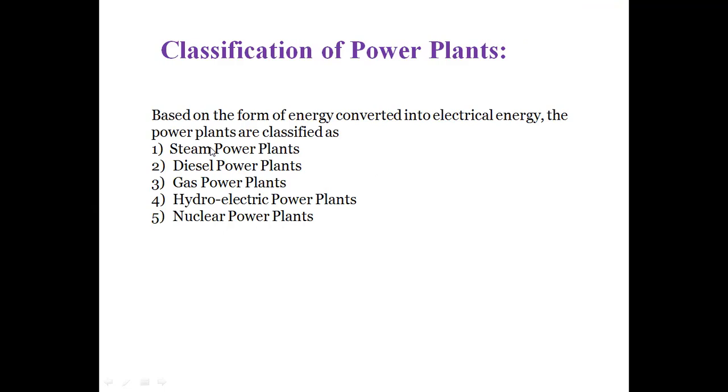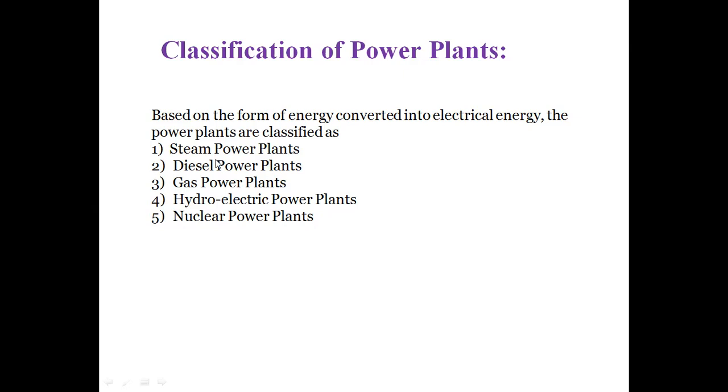In steam power plants, the fuel used is solid fuel, which here is coal. Coal in the form of pulverized is fed to the burners. Steam is produced in the boilers and it is expanded in the steam turbines, which are coupled to the generators, generating electricity. This plant may contain several mounting accessories and heat reclaiming devices such as economizers, air preheaters, feed water heaters, etc.